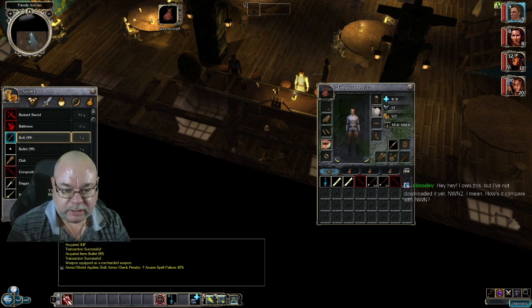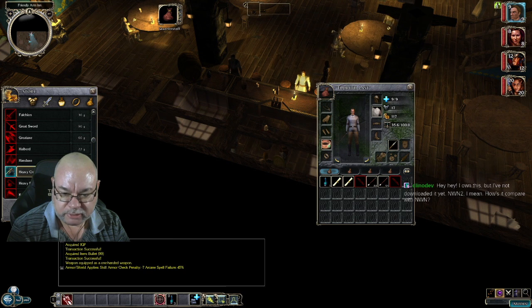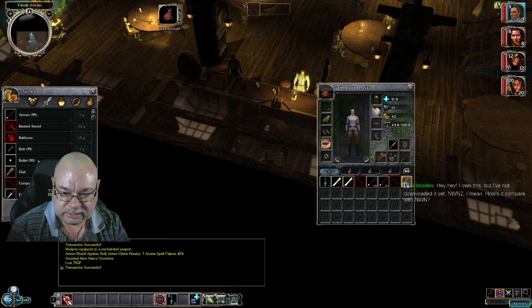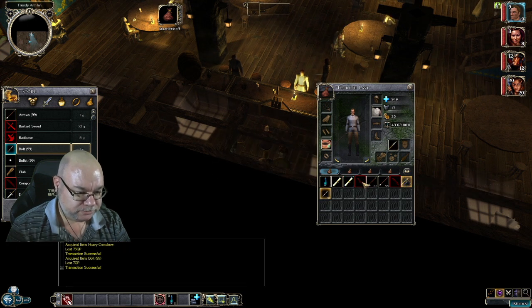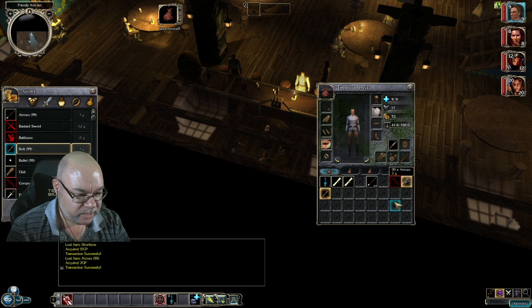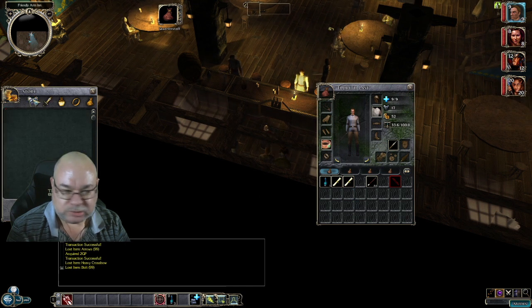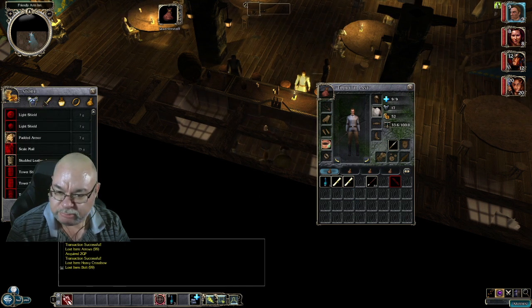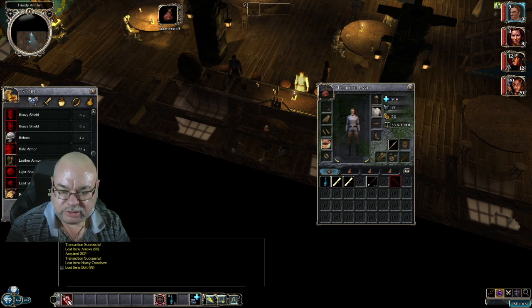So I'm going to buy... How much money have I got left? 117. I think I can buy a heavy crossbow and some bolts. And actually, that means I should sell that and maybe that. So we can give that and that. And actually, I should have enough to buy some studded leather armor, which I think is the...